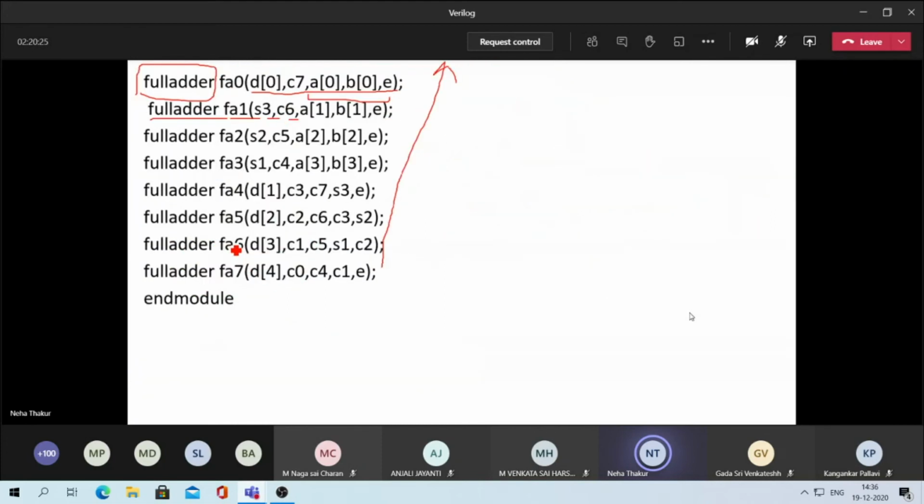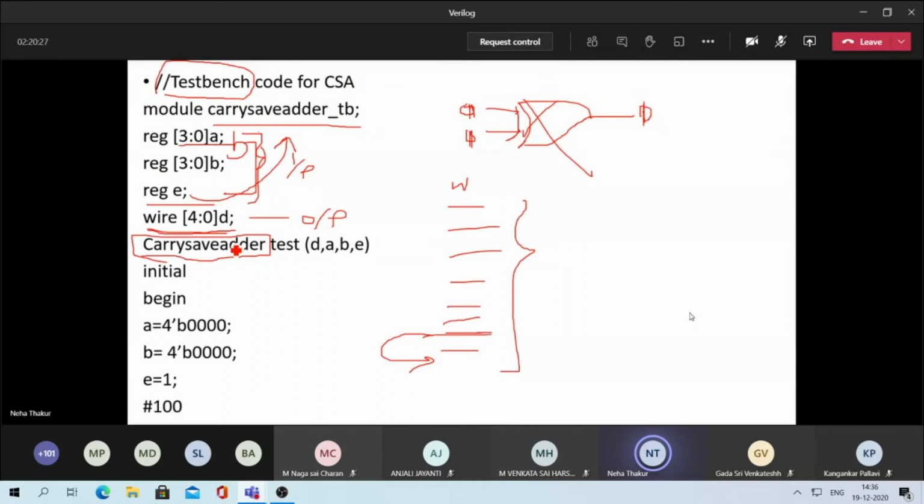This module has been called here, and for testing, D is the output, A, B, E are the inputs, and then you will start it with initial and begin. So initial means now you are starting to write the test bench code, and begin means you are starting to give or assign the values to it.